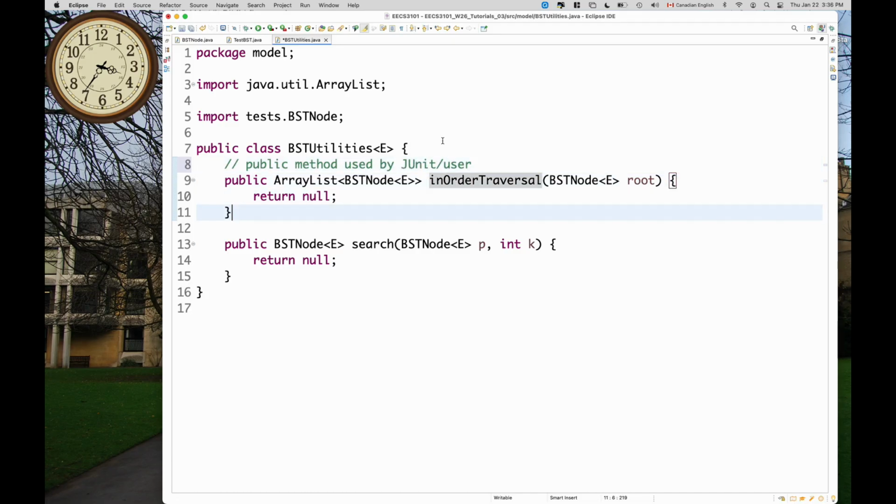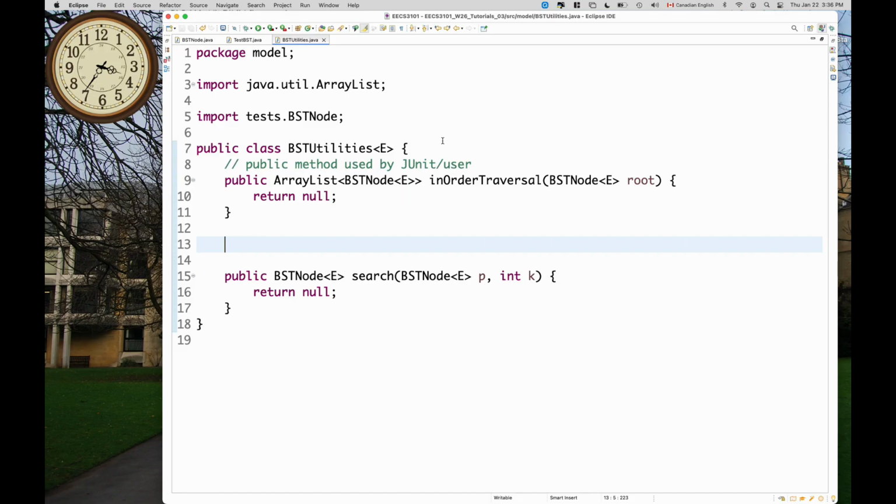Okay? However, internally, you can actually create something called a recursive helper method. That's private. Okay? That one there is going to do the trick about recursion. So we can do private over here, and then let me make it void, because I'm going to use call by value to actually accumulate the list. I don't need to return the list. So void, and then I can simply copy the name over here, and then I will just append helper to it. Okay? So I still need a root,